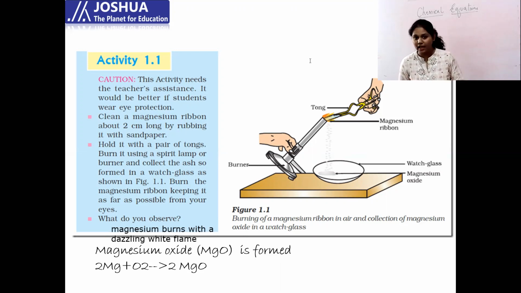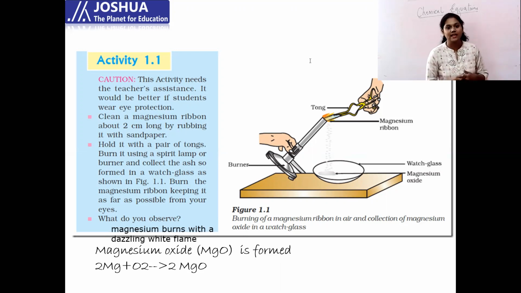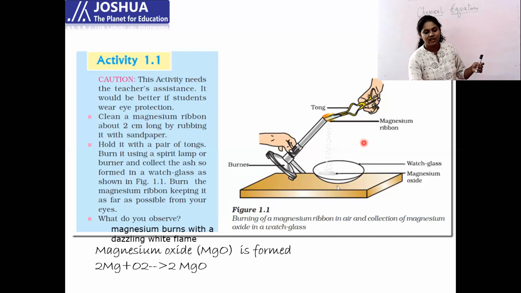How can you tell that burning of a magnesium ribbon is a chemical change? You can tell because what was the reactant that we took? We took magnesium ribbon as the reactant. What is the product that we got? We got ashes as the product. When you burn a magnesium ribbon, can you see here in the plate what is being collected? The ash is being collected, and that ash is nothing but magnesium oxide. Can you convert this magnesium oxide into magnesium ribbon again? No, you cannot reverse this reaction. Therefore, it is called a chemical change.